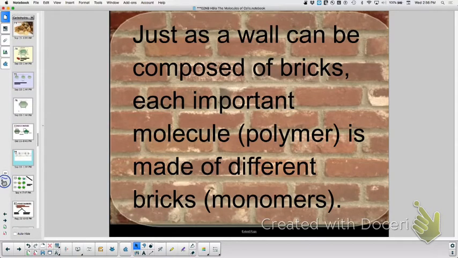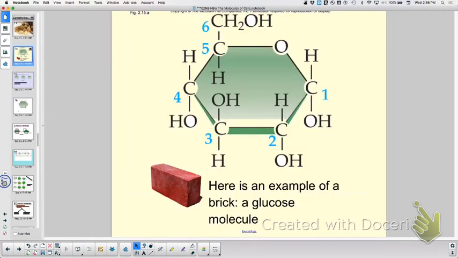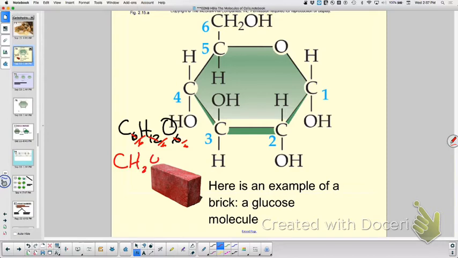So the monomer, the brick for carbohydrates is always what? Sugar. And if we boil sugar down to its simplest chemical formula, do you remember what we found out? It's C what? H2O. Okay, so this is C6H12O6. If we wanted to simplify that, right, we could divide everything by 6. Are you with me on this? And then it's just what? CH2O, which is why we say